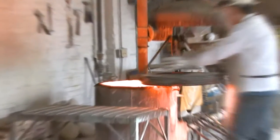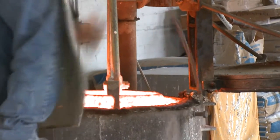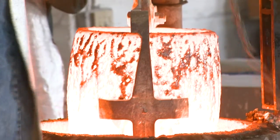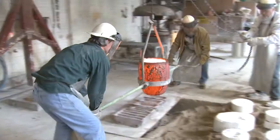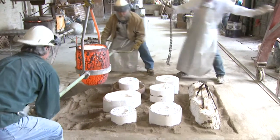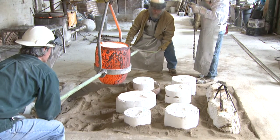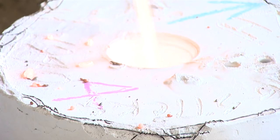Surprisingly little has changed since ancient times in the bronze casting process. John Rinaldi explains. "Their crucible would be immersed in a charcoal fire with bellows. It would probably be a ceramic crucible, as opposed to ours, we use a silicon carbide. Somebody would be pumping bellows, and they would be filling the crucible until it was full. It would have to be a weight that they could easily manage with 2 people, maybe 3. And then once their metal is at temperature, poured into that same mold that we use today,